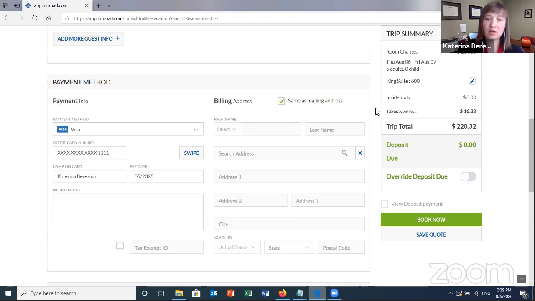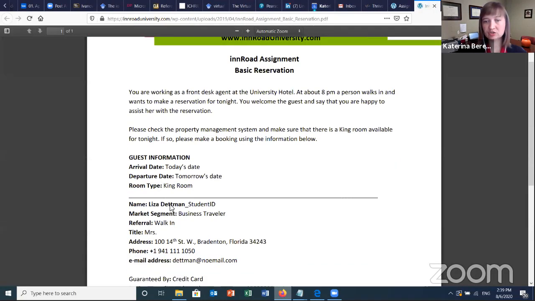Yes, so that part is addressed through the guest name that I was showing in the assignment. For all students, we ask them to create a reservation, for example, for Lisa Detman, and then add a student ID, such as a student number that universities usually give, or their own last name. So I would make it Lisa Detman Berezina, and Dr. Jihan would make it Lisa Detman Chobanoglu. So then the professor and the student and everybody else who's using the system would be able to distinguish between those